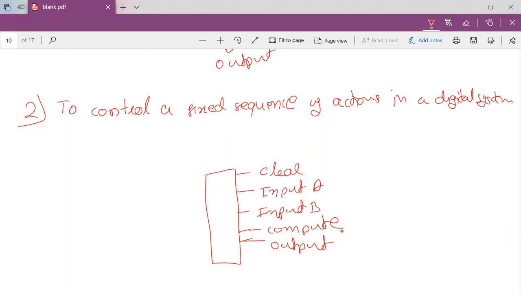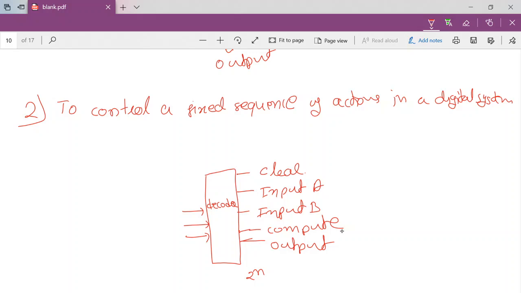First of all, we will use this module as a decoder. What is the task of the decoder? If there are n inputs, there would be 2 to the power n outputs, and one of the output lines will be 1 corresponding to the input.